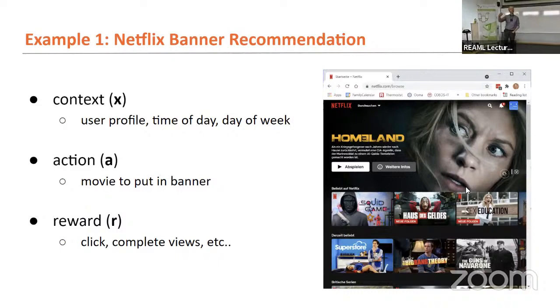Basically, any interaction that doesn't have a state attached to it. So for example, if you want to predict what goes into this top banner here, like the big top position on the Netflix homepage, user comes in, maybe with some features, the time of day, day of the week, the user profile. System takes an action, puts this particular movie there, Homeland, or it's a TV series, I guess, right? And then it can observe whether you click on it, or whether you watch it to the end, or whether you watch it all within 24 hours, right? All the episodes. So it's a certain reward that supposedly indicates how much you like that recommendation or that action, more generally.